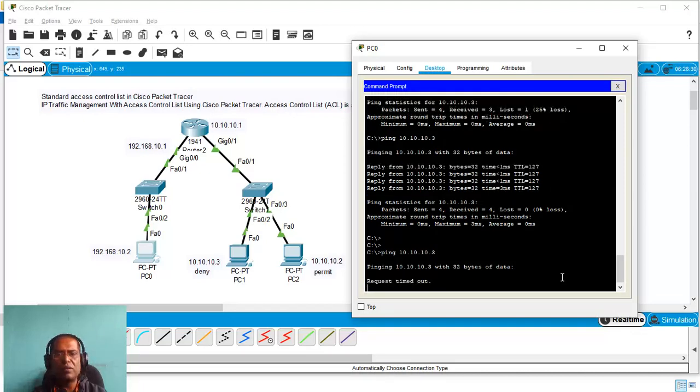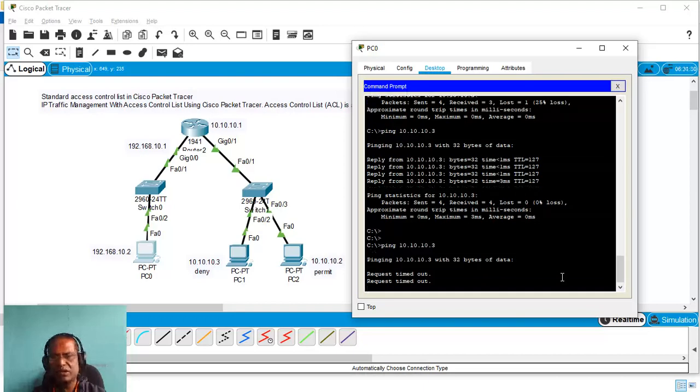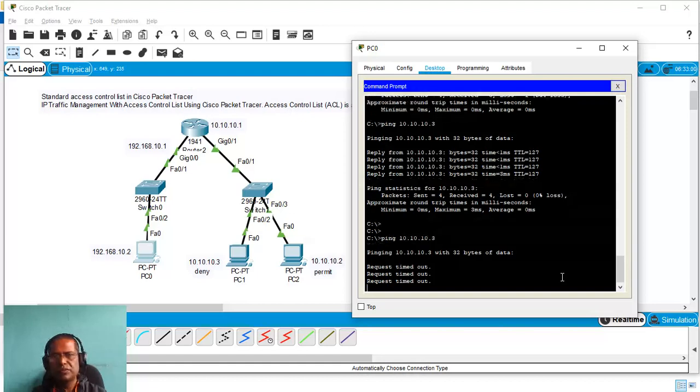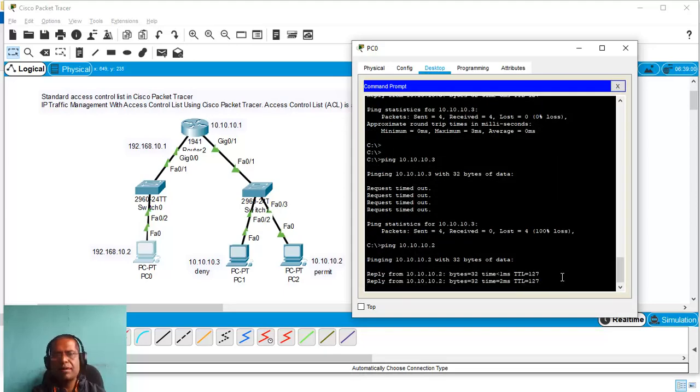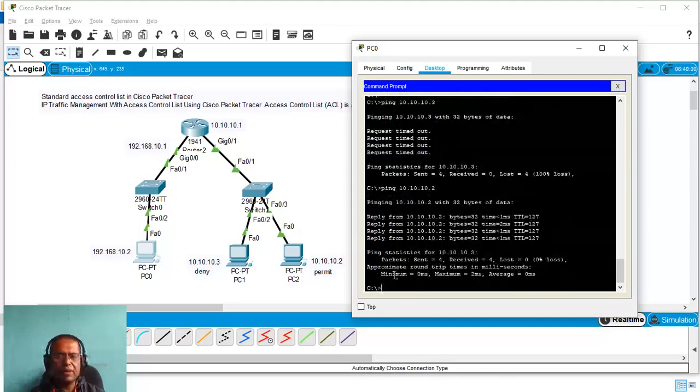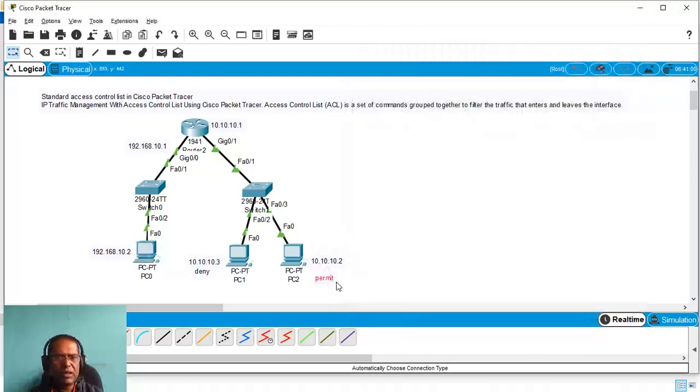It should not be able to communicate. It says request timed out, request timed out. So it cannot communicate. Let me check with 10.2 what is happening. It is able to communicate. That means this is the device that we permitted, and this is the device that we have denied communication.